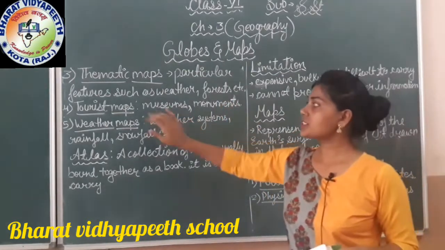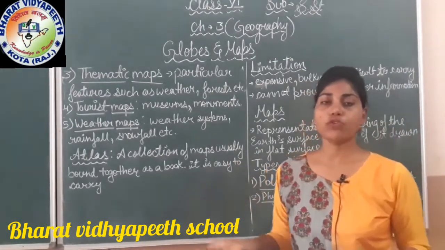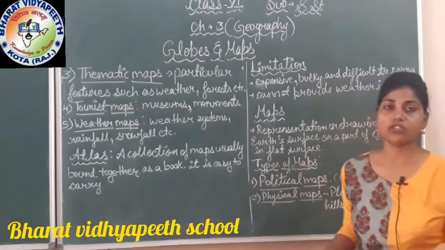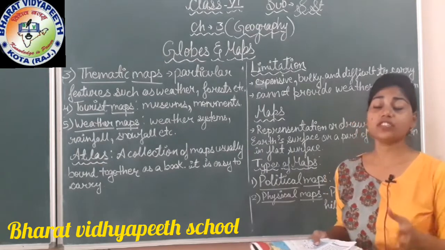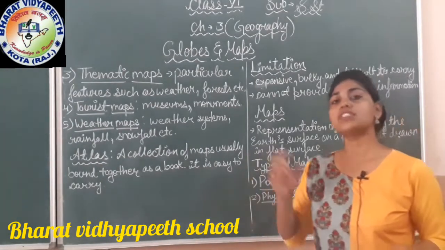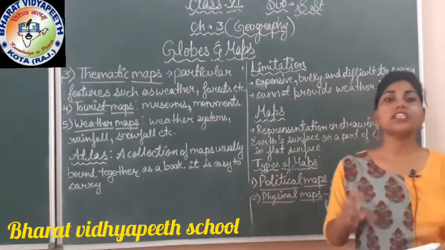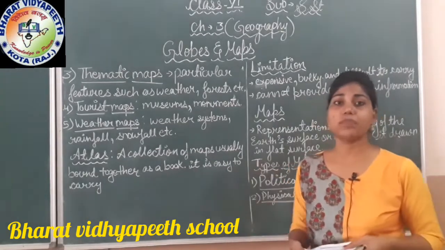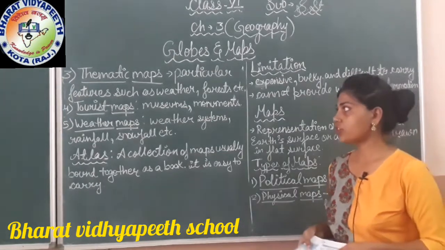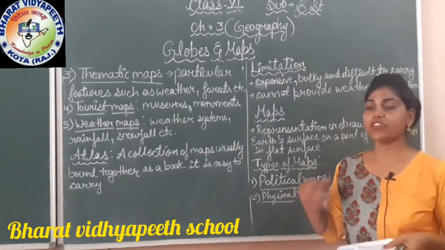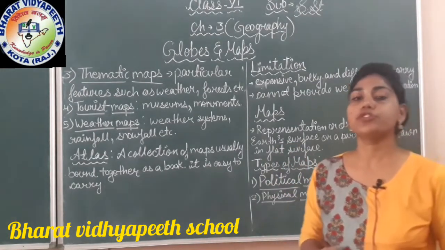After that, there is the tourist map. As we know, tourists come to different countries to explore, to know about their old historical monuments, old museums, different temples and different things which attract tourists to that country. This map is mainly made for tourists to know which places in a country to go and explore, which historical monuments are there, which types of museums are there, and where the temples are located. All this information is given to tourists with the help of the tourist map.